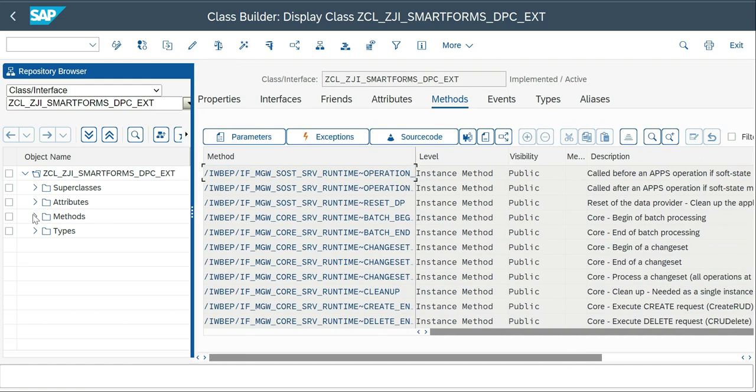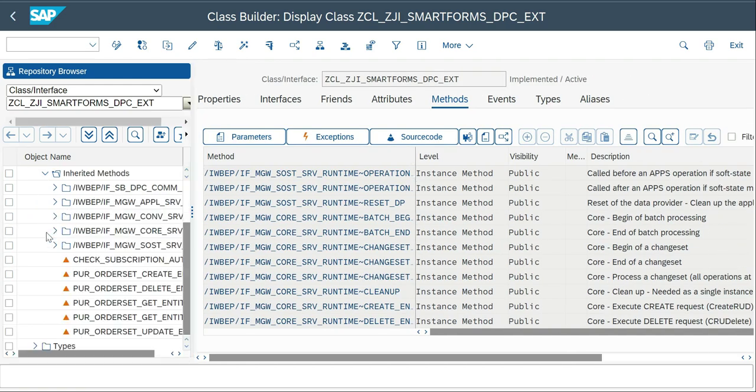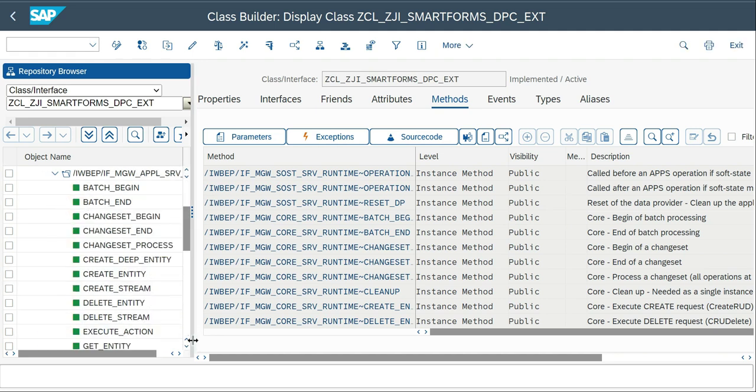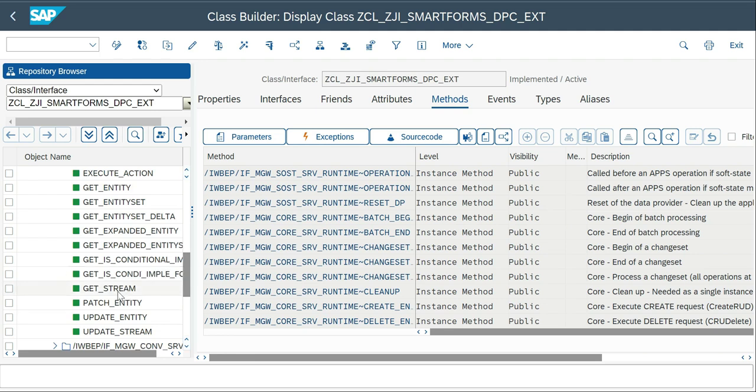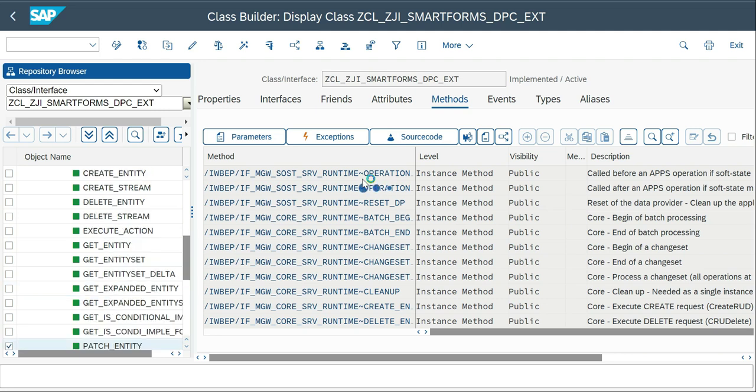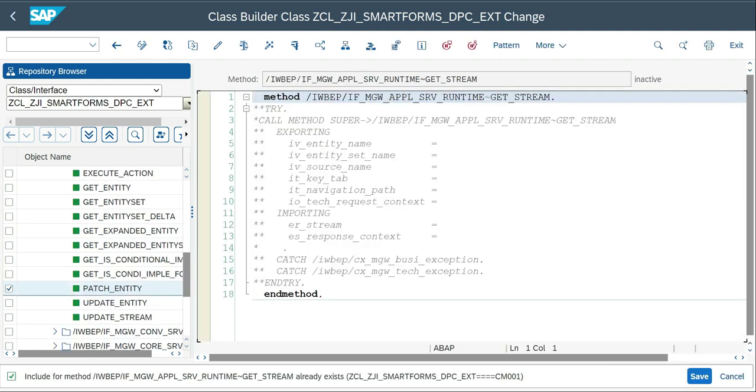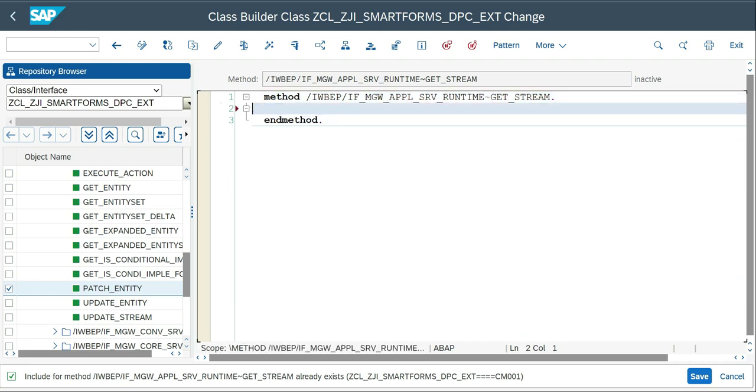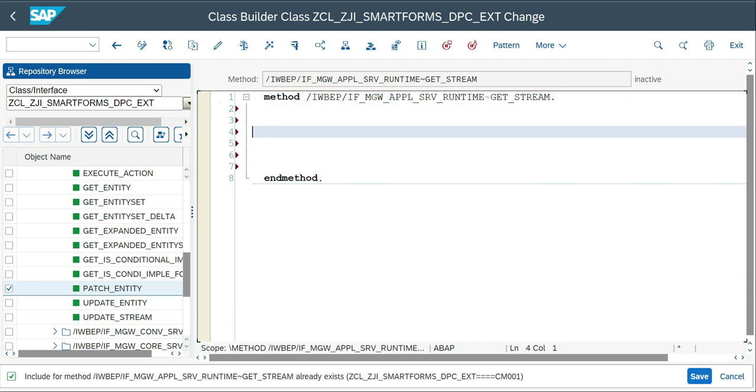So here, in inherited methods, I need application servers and get stream. Right click, redefine it. Here the steps are very simple. We're going to call the Smartforms, call the particular function module and do all the steps. But here anyway, we need to use the control parameters and output options, because we need to convert it